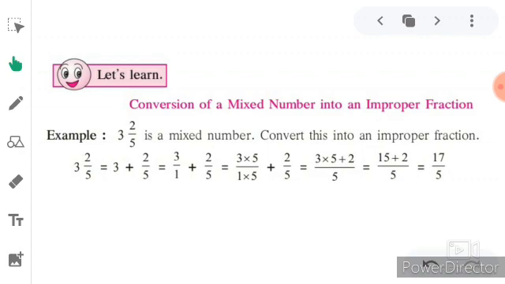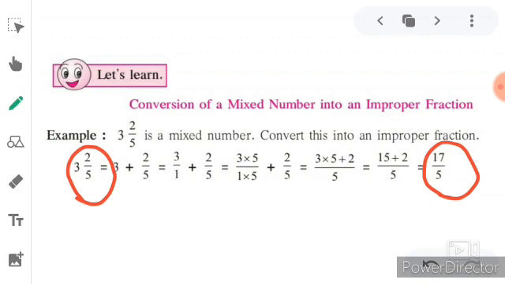So here students, you can see that the denominators are the same, so these fractions are like fractions. Now we can add these fractions easily. So 5 3s are 15, and 2 upon 5, 2 as it is, and 5 is the denominator, so 15 plus 2 is equal to 17. Okay, 17 upon 5. So here students, you can see that 17 upon 5 is an improper fraction, and this is your mixed number, 3 whole number 2 upon 5. So here we can convert a mixed number into an improper fraction. So students, I hope you can understand better.